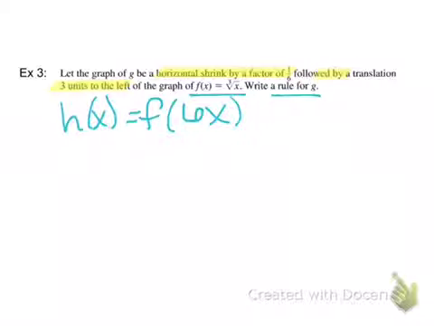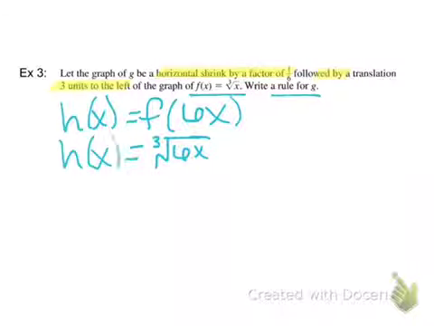Now then, that right there just says I'm going to change every x to 6x. So now instead of the cube root of x, I have the cube root of 6x. And that is h of x. Now I can do my followed by a translation 3 units to the left. So there's my g of x